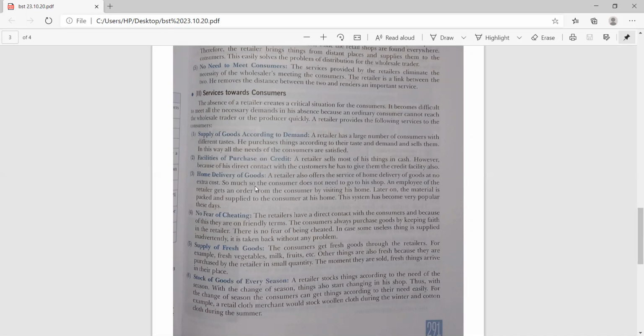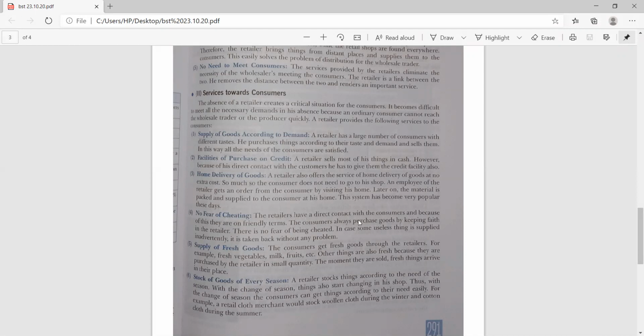Home delivery of the goods. Many times you have seen at grocery shops or vegetable shops, you just make a WhatsApp or telephone call nowadays. It's happening frequently everywhere. You just send your list on the WhatsApp of that particular retailer, and you get the home delivery of that product. It may be eatables, groceries, vegetables, fruits. It is happening a lot nowadays, and it increased during the lockdown time. Home delivery has become very popular nowadays, and there is no fear of cheating.